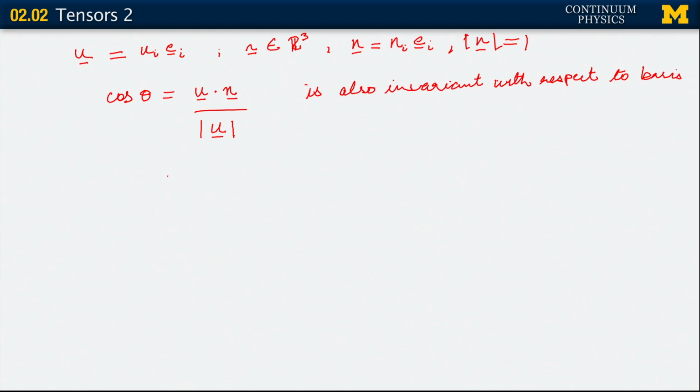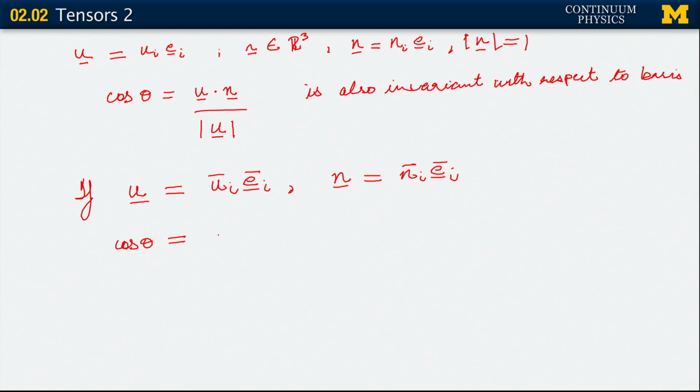What this means is that if we write u by expanding it in terms of a different basis, u bar_i e bar_i, and likewise we do the same for n, expanding it as n bar_i e bar_i, what this implies is that cosine theta